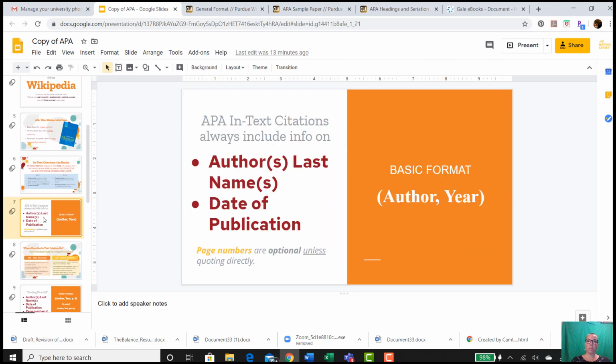All right. So a basic in-text citation is the author's last name and year. First names are not used, and they're not used because there's a move to make sure that there's no gender bias in